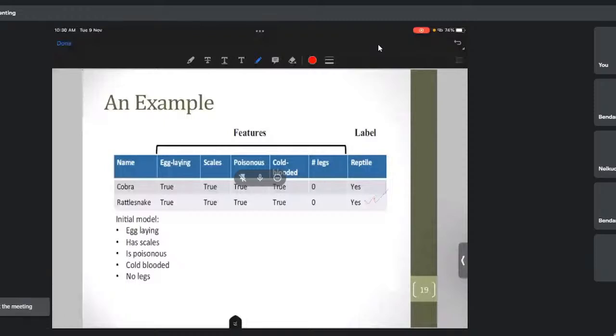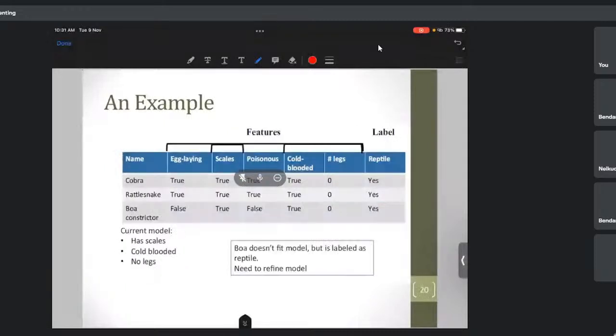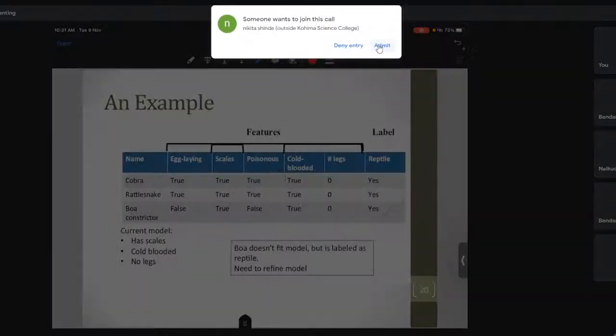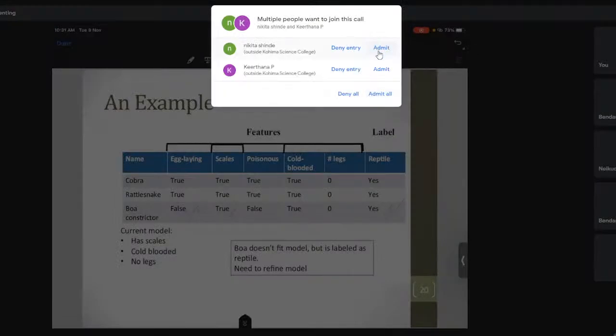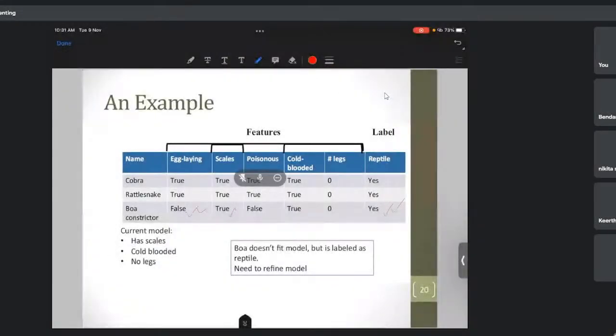Now we have this model. Suppose we have another one, like boa constrictor. It is not egg-laying. It has scales. It is not poisonous. So you can see that my model is not